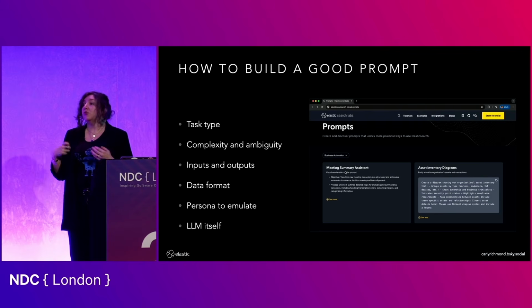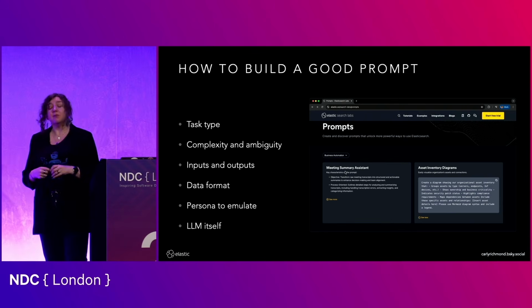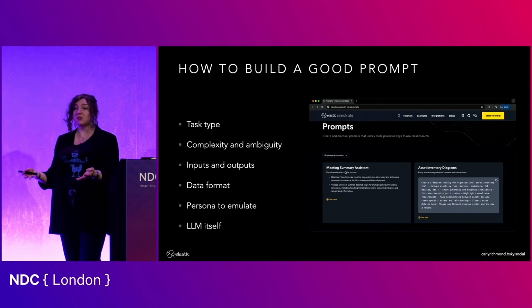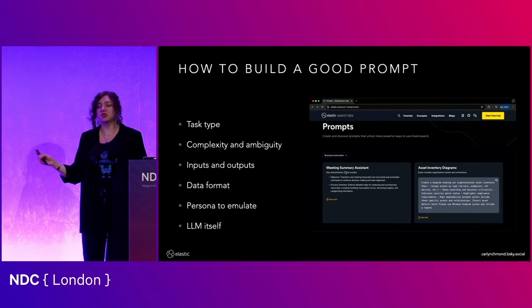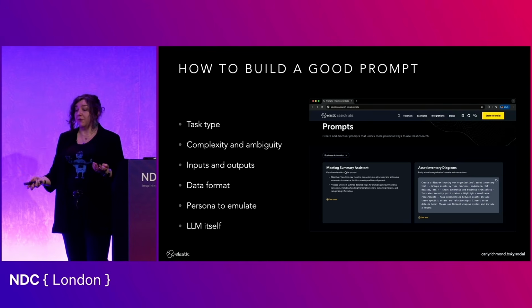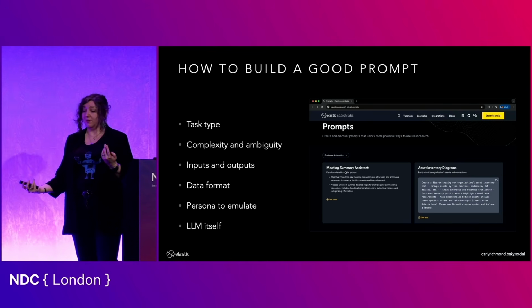Conversely, with ambiguity, if you don't give enough examples, you shouldn't be surprised if it ends up spitting out some wacky results. We need to also think about inputs and outputs. Again, math teacher, rubbish in, rubbish out. It applies to software systems, it applies to data transformations, it also applies to large language models. Think about the format of the data, both coming in and going out. LLMs are good at reading particular types of structured data, but they might not be as great for others, so you need to think about that too.